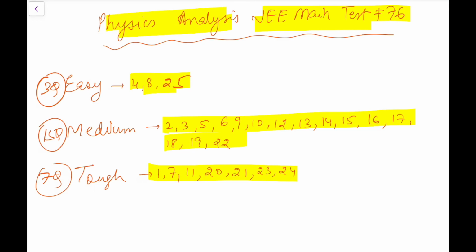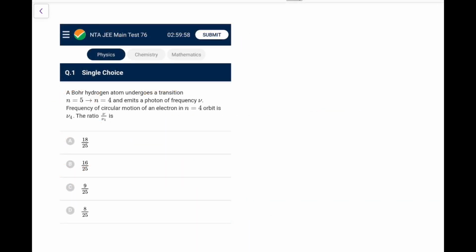You have questions from constrained motion which are actually very good, and the other questions are also very nice. It's going to be a challenging paper. Anyone who is just average in physics, if you get 40 plus in this paper, you have escaped from danger. And for the students who are looking at JEE Advanced, they should get 70-75. They should feel happy if they get 70-75, and those who are just preparing for Mains and whose percentiles are not very high, scoring 40 would be very good in this paper. It's actually a challenge. So let's begin.